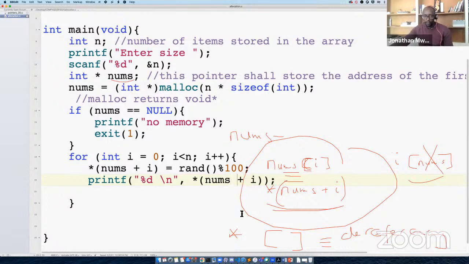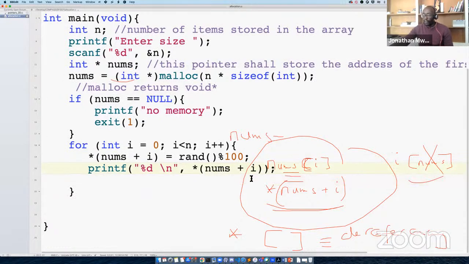So far, so good? Now, this will print out everything, so it's fine. Remember, we used malloc to allocate memory. So once we are done, we need to free that memory. When we do dynamic memory allocation, unlike in the stack frame where there's some sort of memory collection by the memory manager, in this case it's upon us to allocate memory and to free the memory. So we'll say free nums, and then we say return 0 over here.